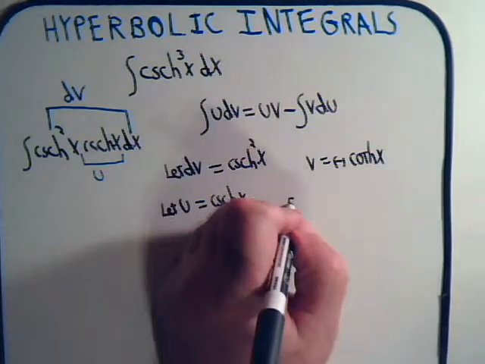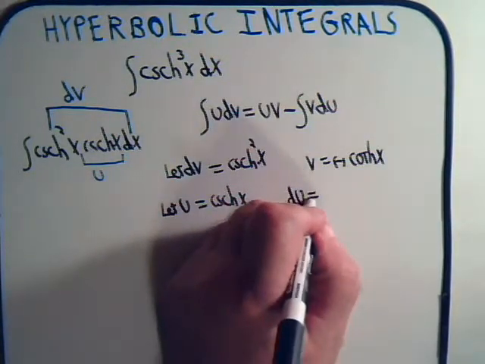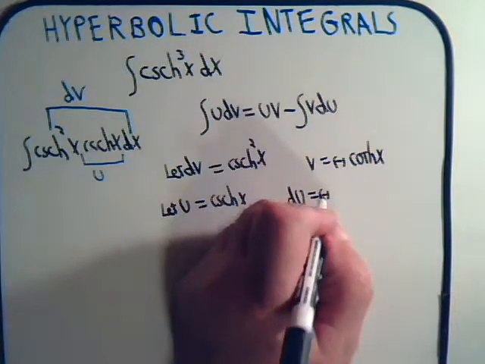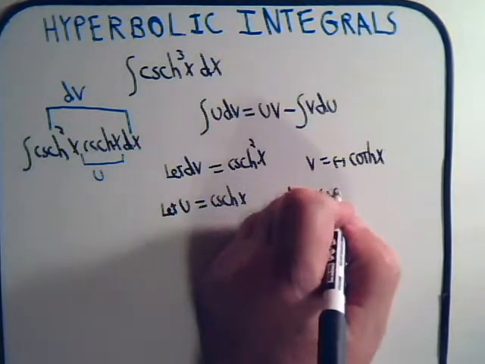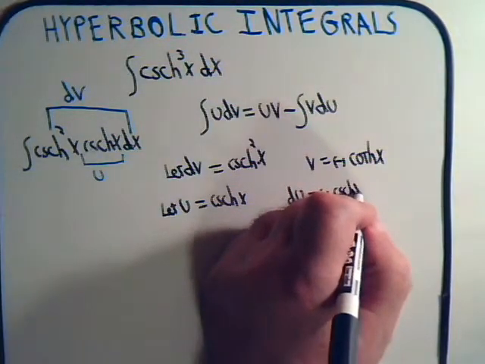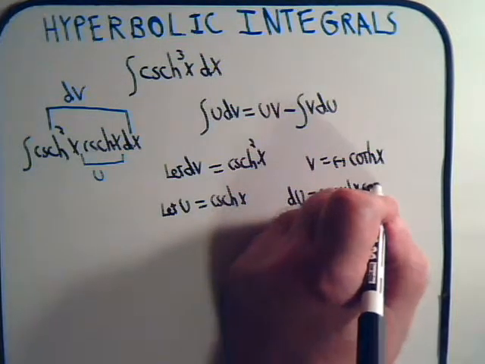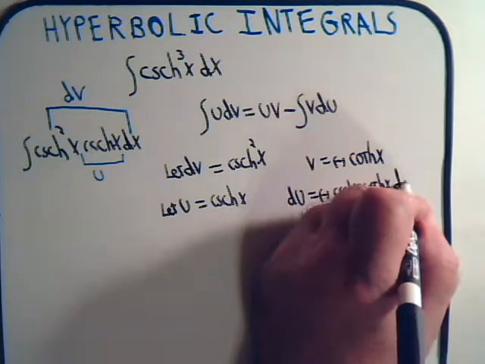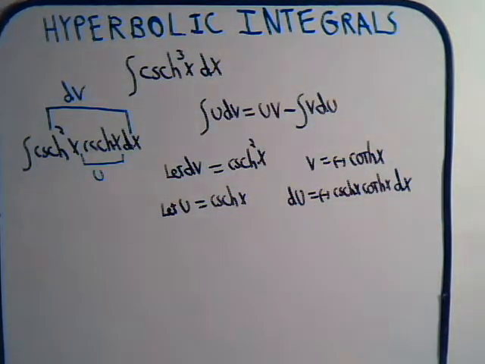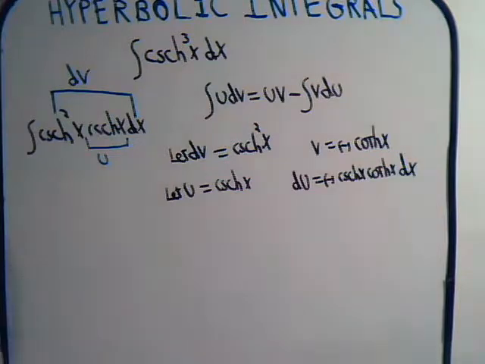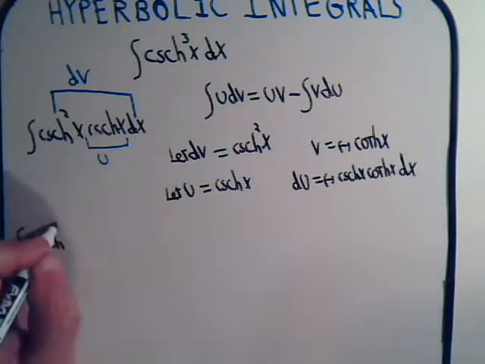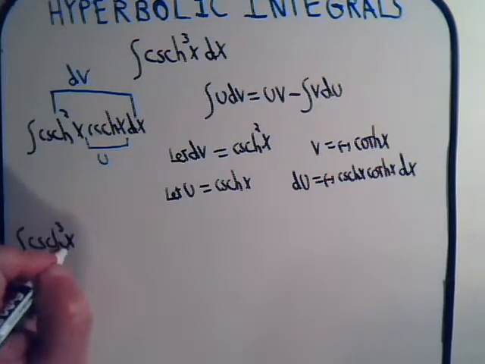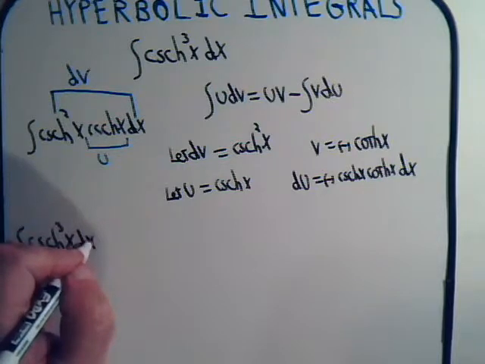then du, that's minus the hyperbolic cosecant times the hyperbolic cotangent dx. So if we go this route, then what are we going to have? We've got the integral of the hyperbolic cosecant cubed of x dx